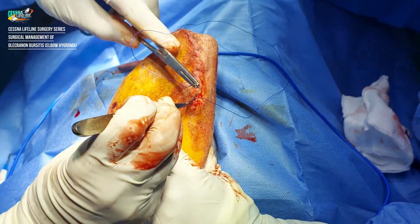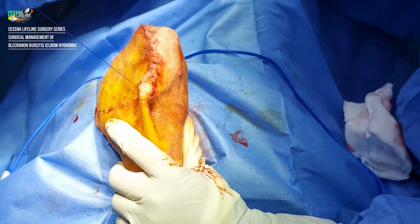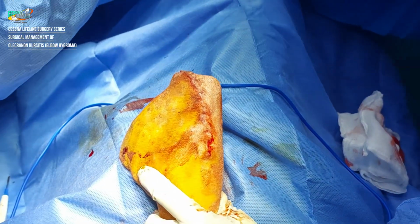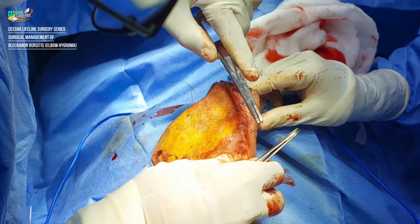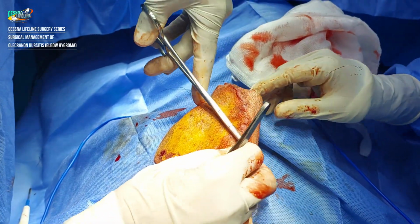Nylon. So the rest of the suturing will be as usual. We are just doing the interrupted skin sutures,